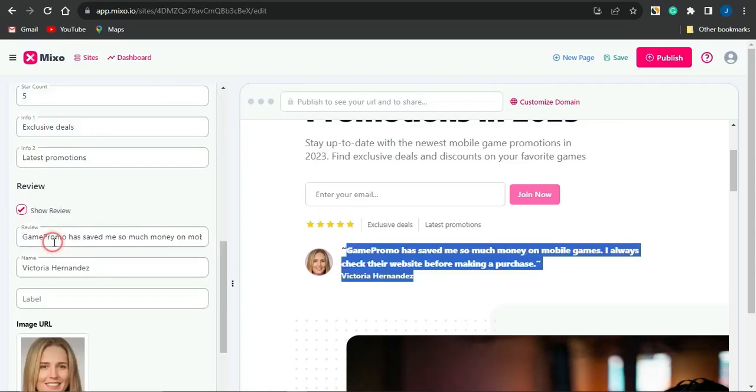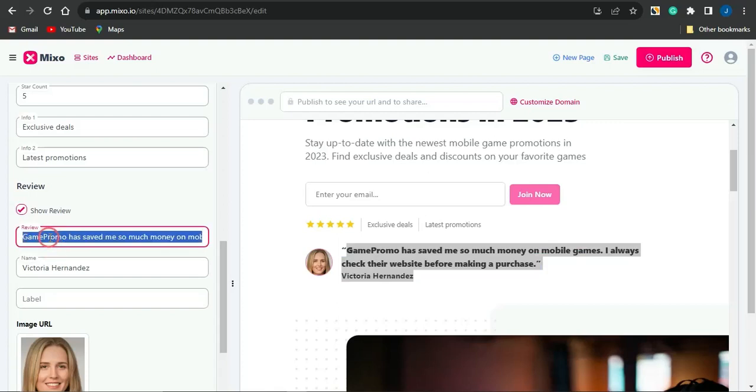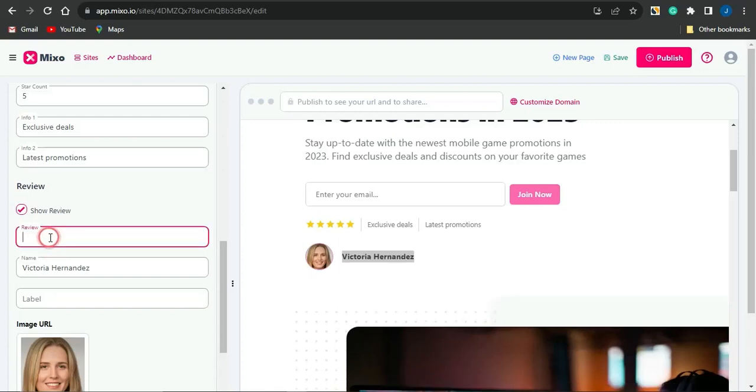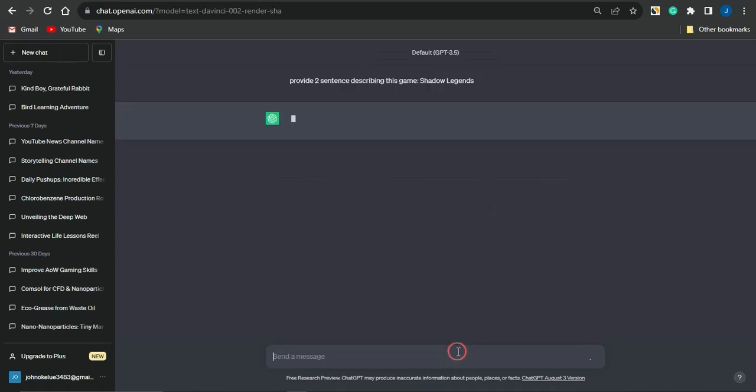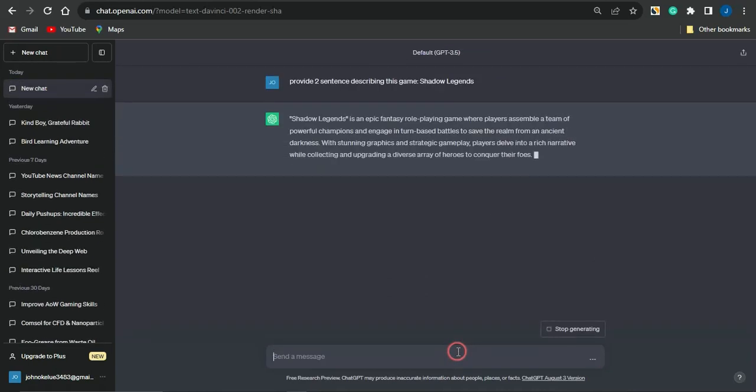So to go on to changing that, guys, you just want to come right here and remove this particular text. I could just simply remove the text, as you can see right there. I could change the name of this person that actually has the review. I could just simply head on to ChatGPT right now, and I can just simply ask ChatGPT to provide 2 sentences describing this game, and the game is Shadow Legends. And if I click on enter right now, you can see that ChatGPT actually came up with an amazing